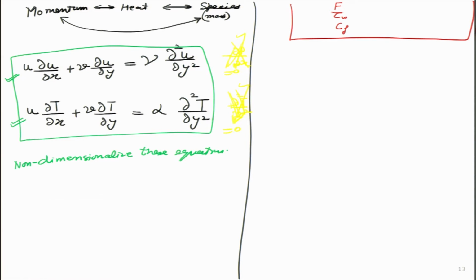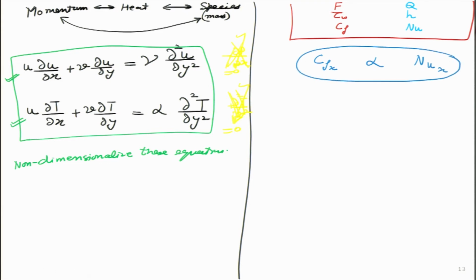And for heat, the similar parameters are the rate of heat transfer, the convective heat transfer coefficient, and the Nusselt number. If I can write one equation in which the Nusselt number and the coefficient of friction are correlated,